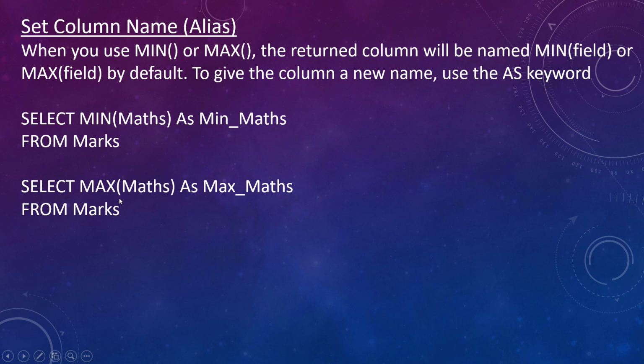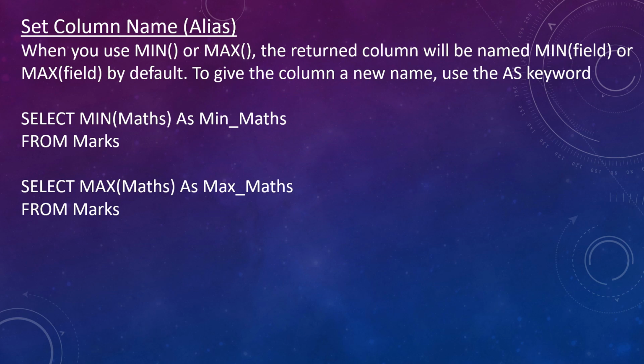Similarly, if I am querying the maximum marks in maths, then I can give the alias as max maths, and from again the table name. So this is how we can give alias while getting the value for minimum and maximum marks in any subject. Here we are calculating for maths, we can calculate similarly for other subjects as well, like physics, chemistry,